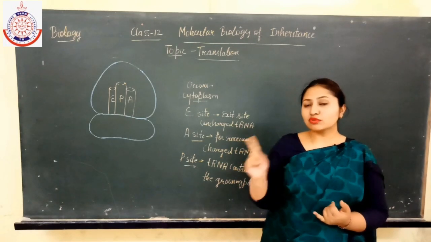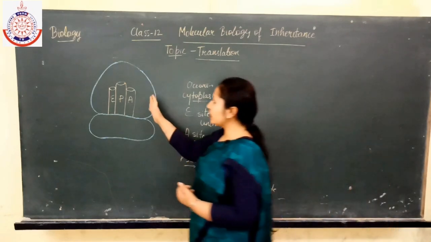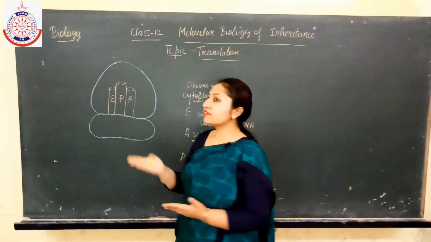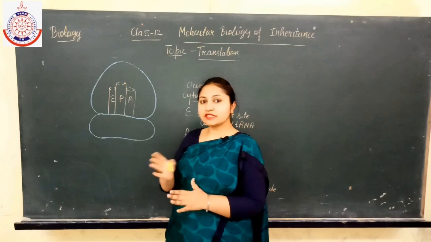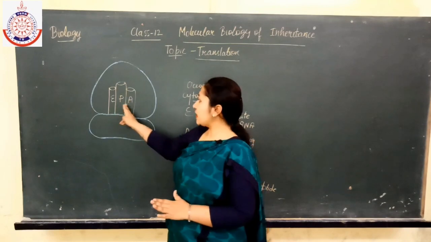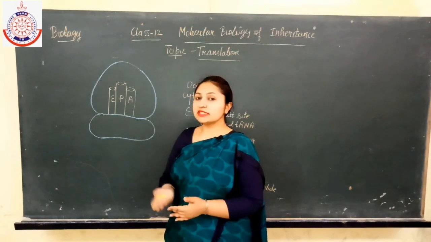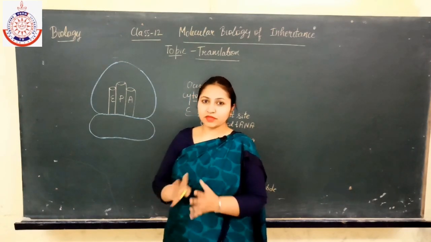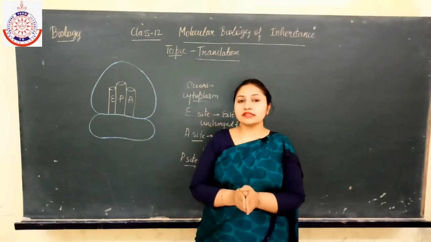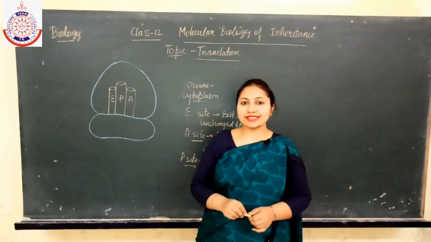So the ribosomal site of the tRNA will attach with the ribosome, because the E site, P site and A site receive the tRNA. In the P and the A site the tRNA is present, and from the E site the uncharged, meaning discharged, tRNA will be removed. Okay, so we will discuss the translation process in detail, what translation actually is and how protein synthesis occurs.